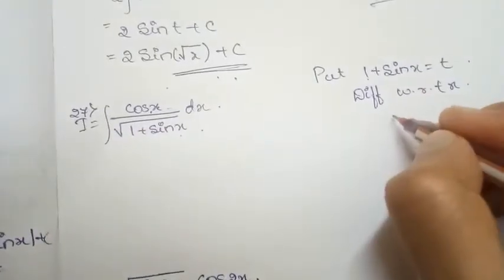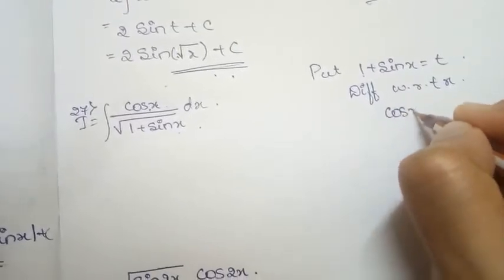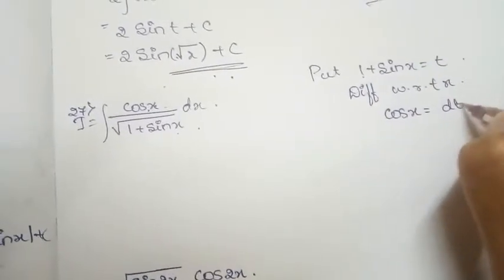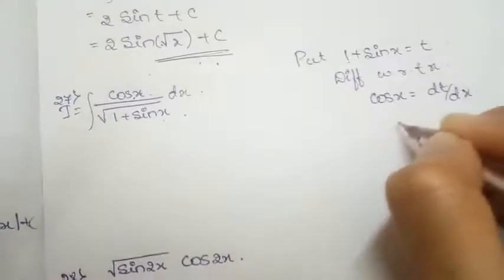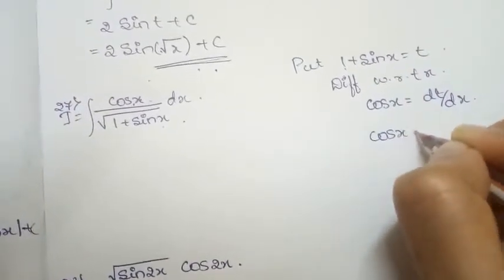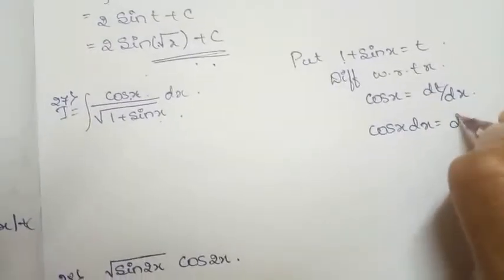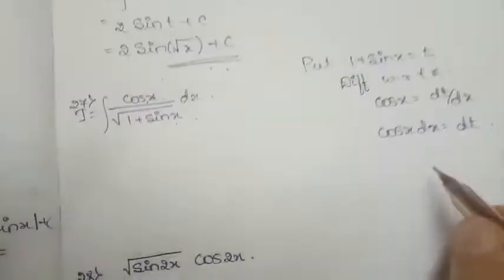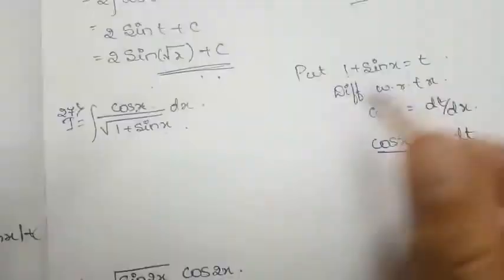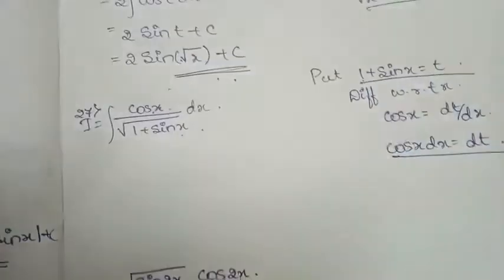Differentiation of sin x is what? Differentiation of sin x is cos x. And differentiation of t with respect to x is dt by dx. So it becomes cos x dx, which is equal to dt. So now we got cos x dx equal to dt, and we have taken 1 plus sin x